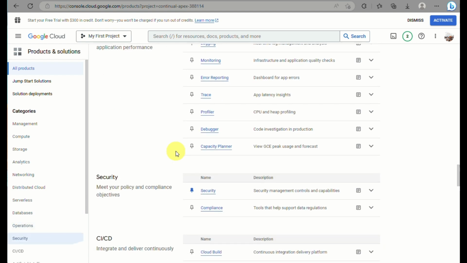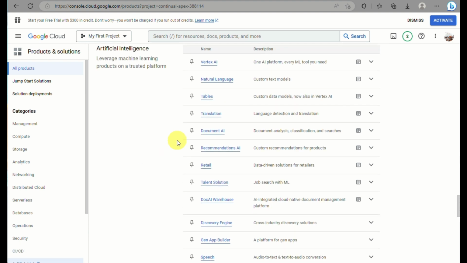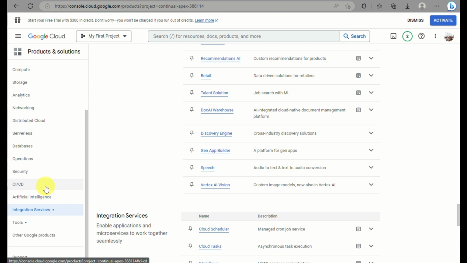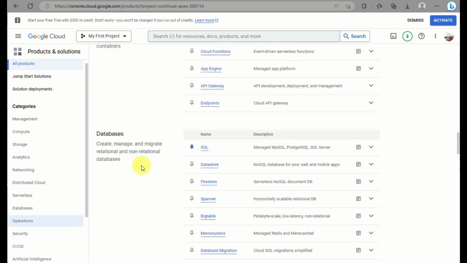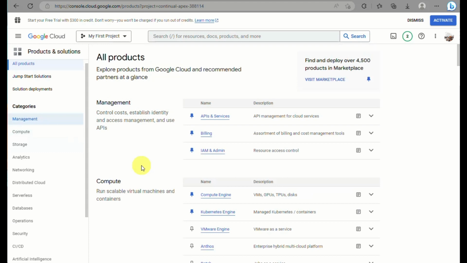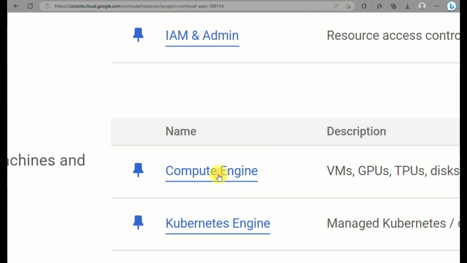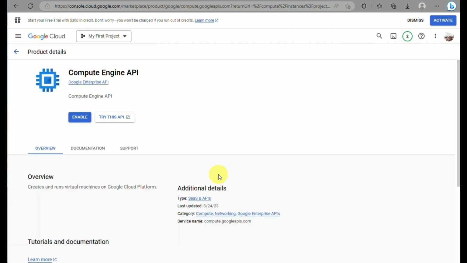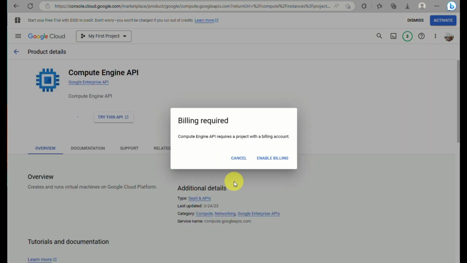And what you need to look for is the Compute Engine API, since that is the first thing that you will need so that you will be able to create your own website or host your website here using Google Cloud. So here we will be needing Compute Engine. And once you have created your Google account, the next thing that you will do here is you can start creating a new project. In the Google Cloud Console, you can click on Create a New Project to organize your website's resources and